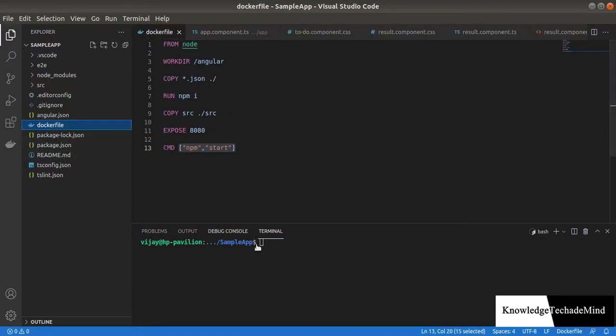Let me create an image by using the docker build command, and I name this image todo_app by using the tag property.